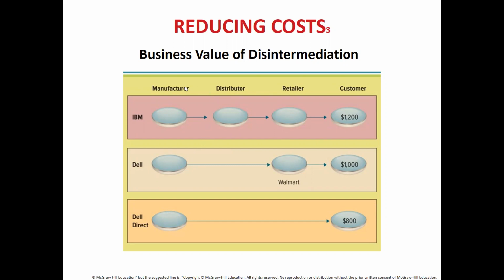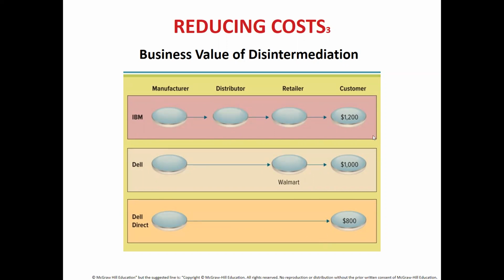So what you'll notice is that as e-businesses grew, or through the advent of e-businesses, the process has come to something like this. Instead of selling the products from the manufacturer to distributor, distributor to the retailer, and retailer to the customer, we have come down to manufacturer selling it directly to the customer.